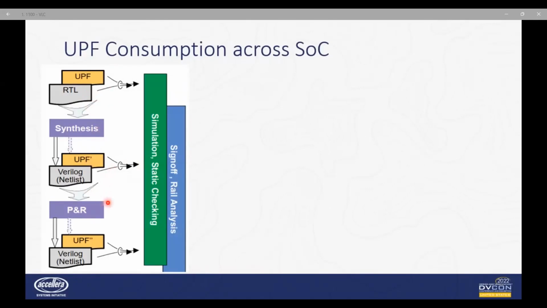then this netlist and the UPF prime are consumed by the floor plan and placement and route tool to generate UPF double prime and APR netlist. In all these three main stages,